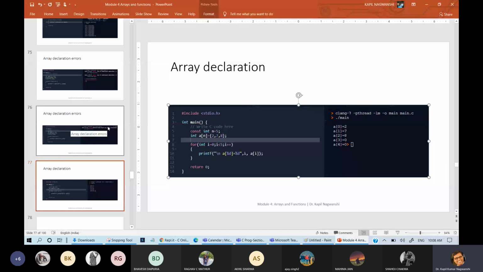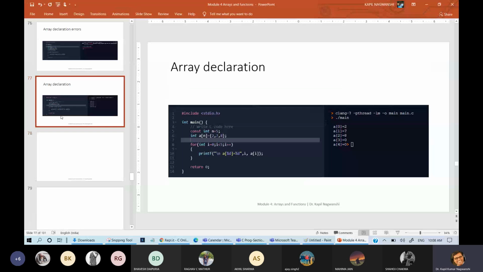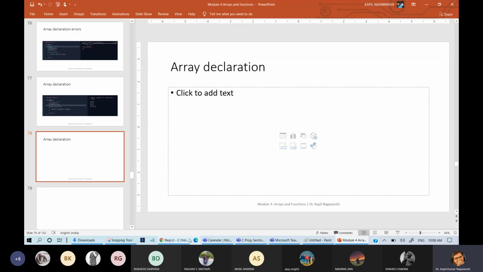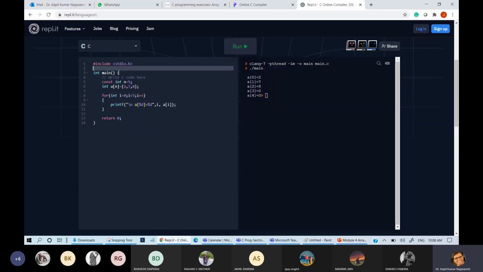So one more is there. Control D actually, not M. There is another way where you can declare the array. It is a much better practice to write define. You need to define the size of the array. So define size as 100. Now what will happen here if I write this as size?